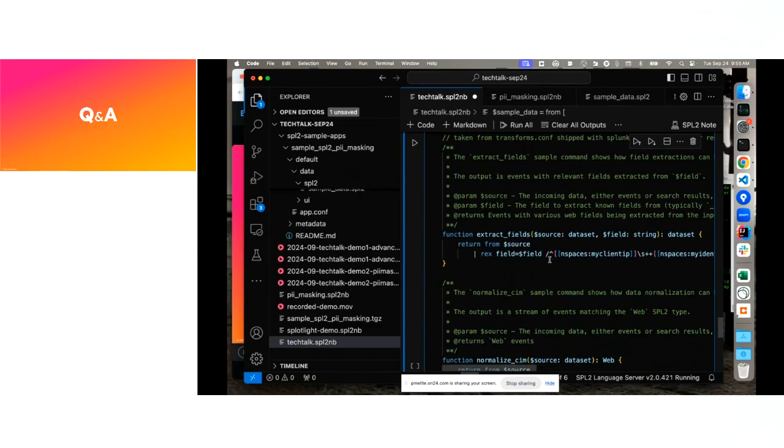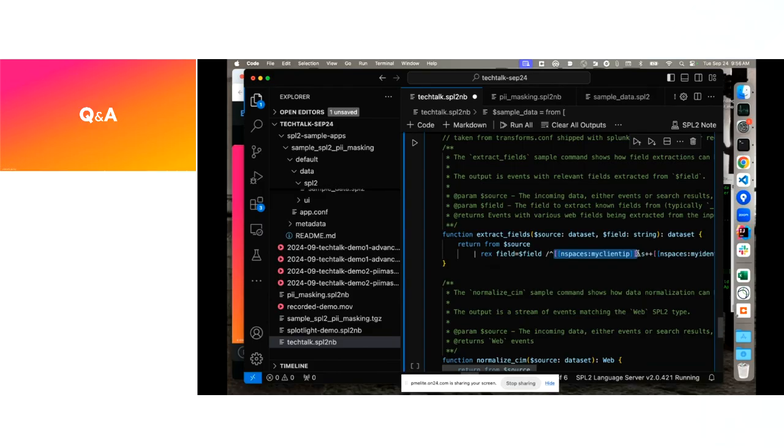So if anyone is familiar with modular regular expressions, you can define regex in your conf files and then reference that in various parts of your Splunk deployment. And this is native SPL2 using the rex command. It's not even using the SPL1 command or backticks, but even within this SPL2 command, I can make references to, for example, knowledge objects that I've defined in conf, specifically for the Splunk Enterprise use case,